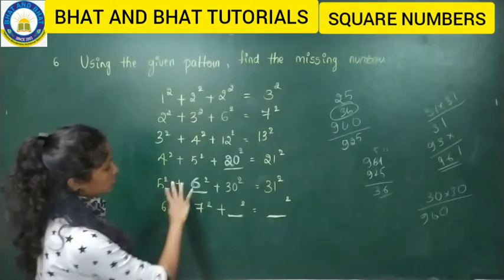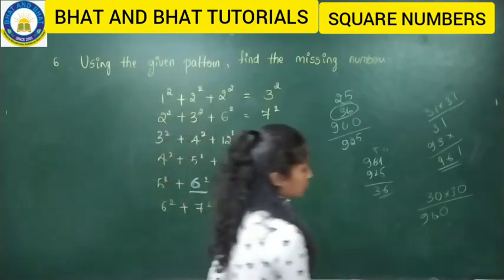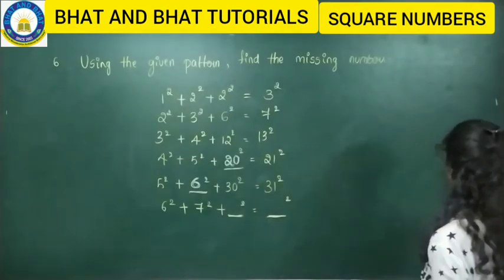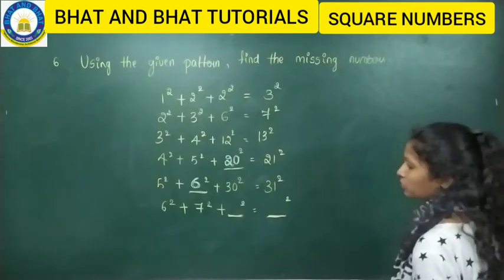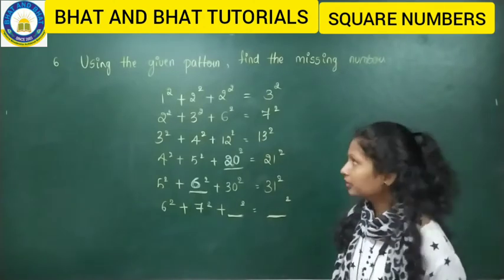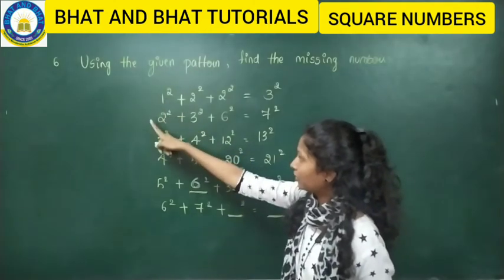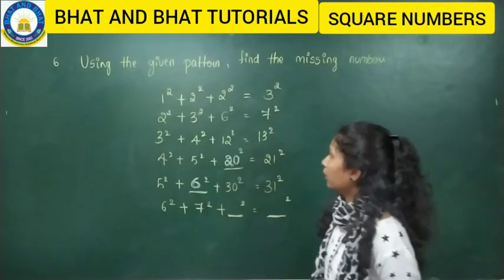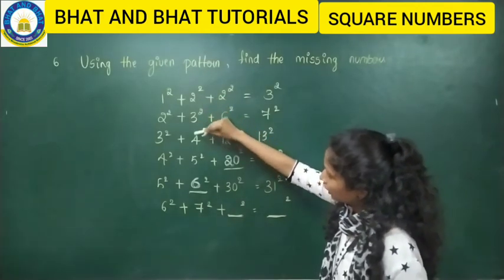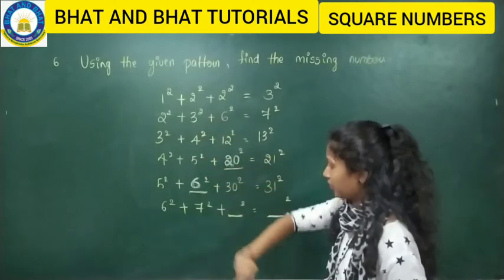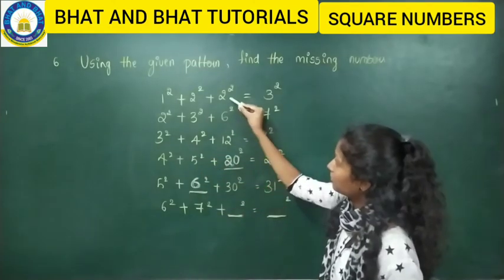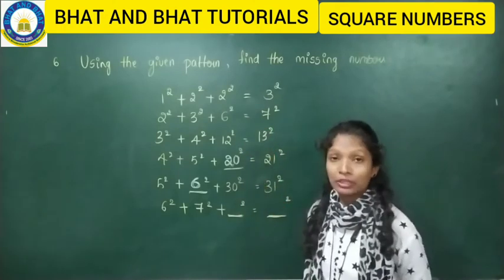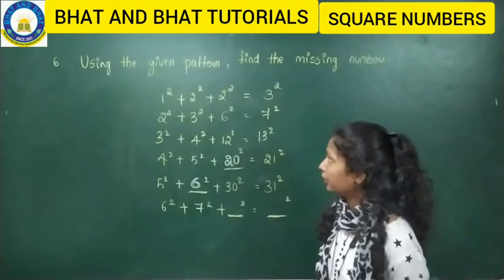So they are asking. In this we can always find out, but in this case we usually do the logic. So what will be the next digit? You have to find out. So for the last number I'll be using the trick. You can follow that. Okay. See here the numbers are 1, 2, 3, 4, 5, 6. Okay, and here the numbers are 2, 3, 4, 5, 6, 7. Okay, and here numbers are 2, 6, 12, 20, 30. And what will be the next number you have to find out?